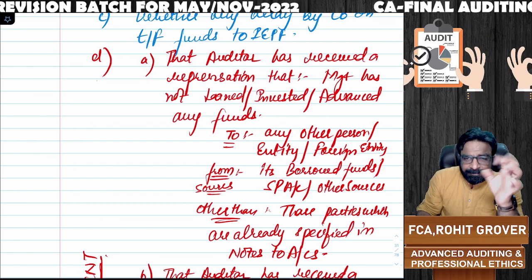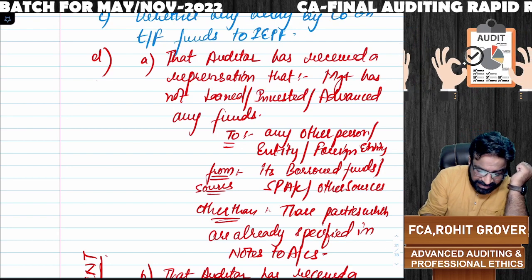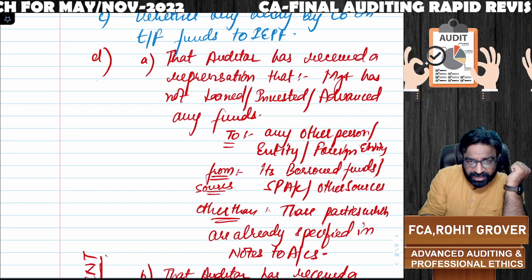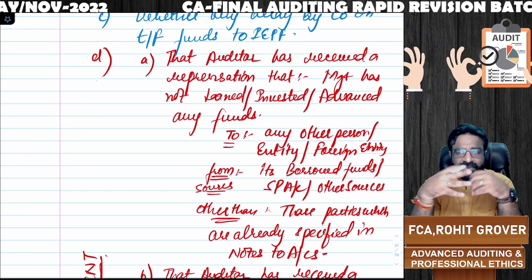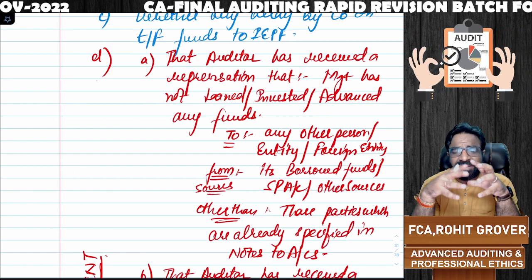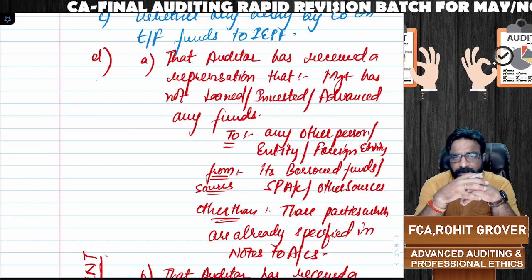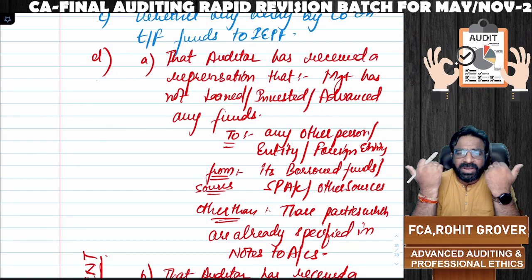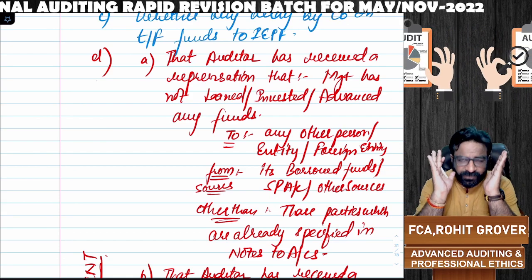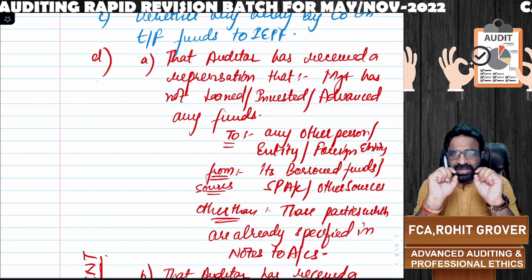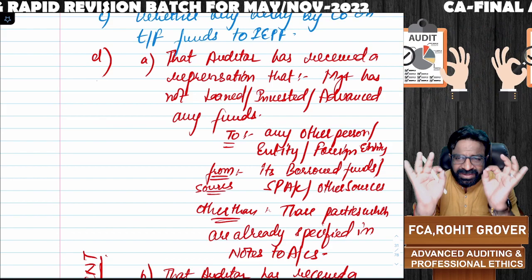If your client company has given any, now it has to be understood in this way. Try to understand, whenever the client company gives any loan to another company or does any investment to another company or person or does any advance to any company. So whenever your client gives any loan, makes any investment, or gives any advance